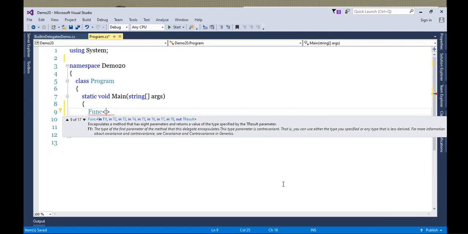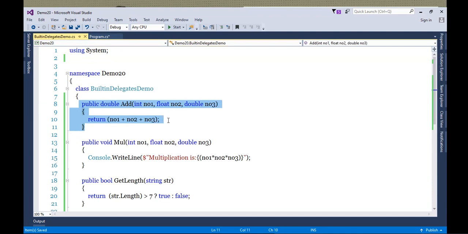Let's go ahead and start using this Func delegate for our Add method. Now, how many arguments is our Add method taking? 3 arguments. And obviously, my method is returning a double value.